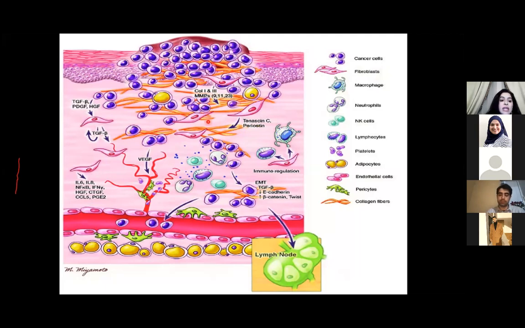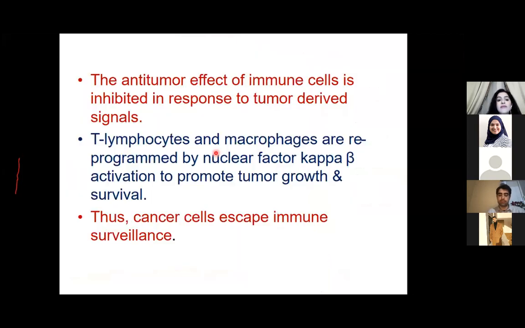It has many growth factors. It has many signaling molecules. So how come a tumor sees immune cells, and these immune cells will not go to eradicate this cancer cell? After asking this question, we have to know that the anti-tumor effect of immune cells is inhibited in response